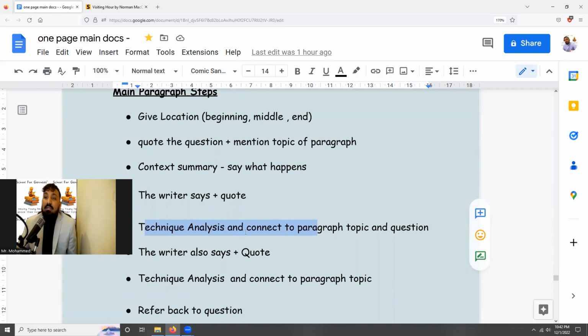Okay, and then all I do, that's the basic word choice, is now I just connect it back to the topic. So I do my basic word choice that this suggests, okay, and then I connect it back to the topic in which I just say this shows, okay, and I connect it to the topic which is sadness. This shows